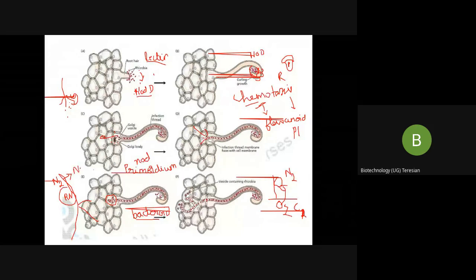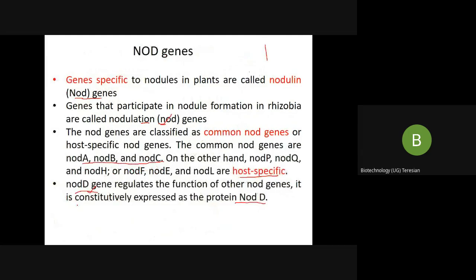Okay, so it is fixing, and my plant, that is the leguminous plant, is going to provide the carbon source to the nodule, and it will also see to it that oxygen doesn't come in contact with the nitrogenase enzyme. This is how, by chemotactic attraction, the rhizobium gets attracted to the plant. So we spoke about the nod genes. Nod genes are the ones responsible for the formation of the nodules in the leguminous plant, and they are very host specific.